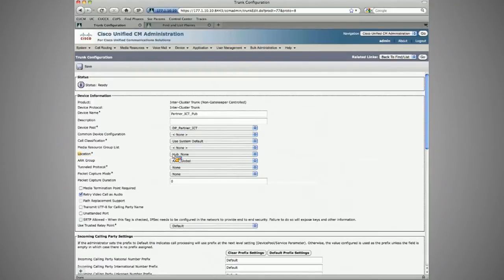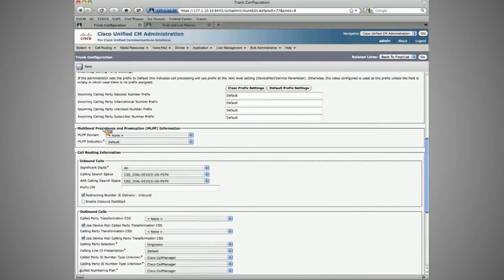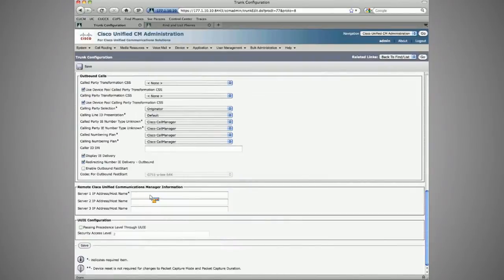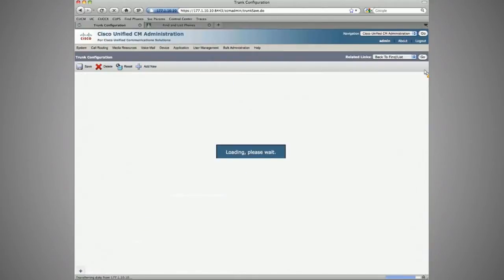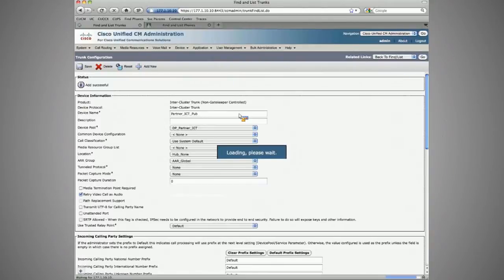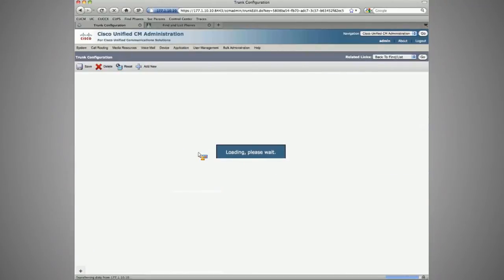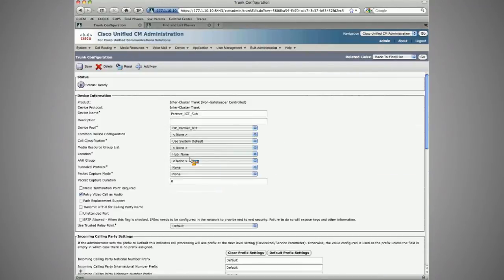And if we take a look back, the device pool is actually set to corporate headquarters. Device pool location, which is set to hub. And if we're trying to go over to branch 1 in AAR, this trunk here would invoke it, so it does need an AAR CSS and group. We'll go back and add that to